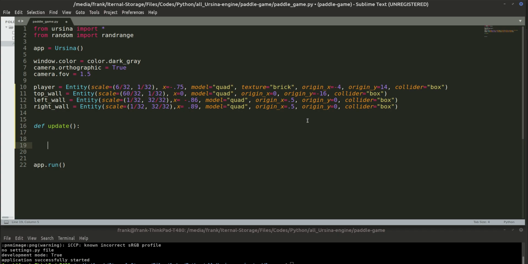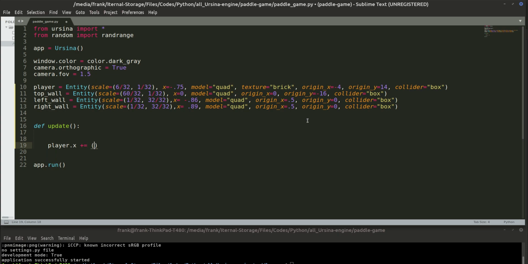First of all, let's make the movement. So movement will be on the x-axis, so to the left and right. So we need to change the x value of the player. So player dot x will be